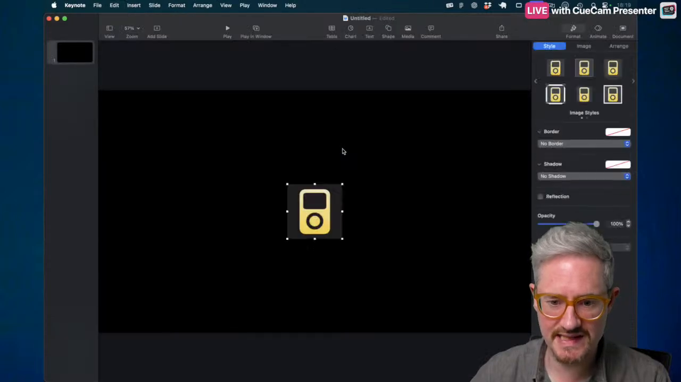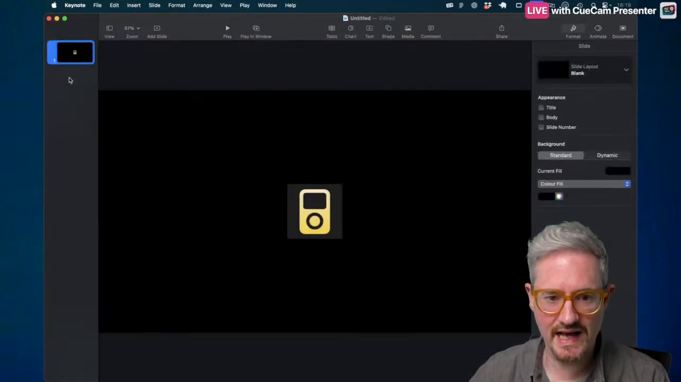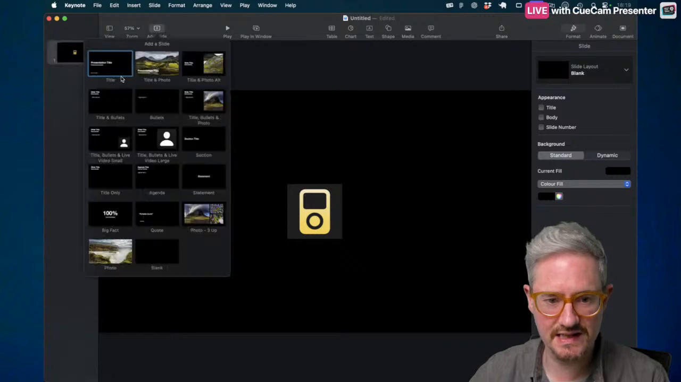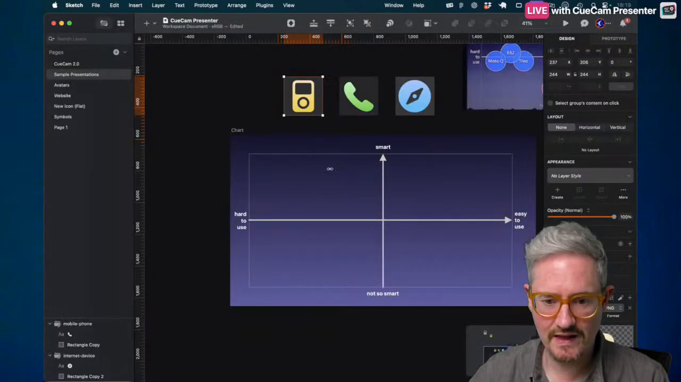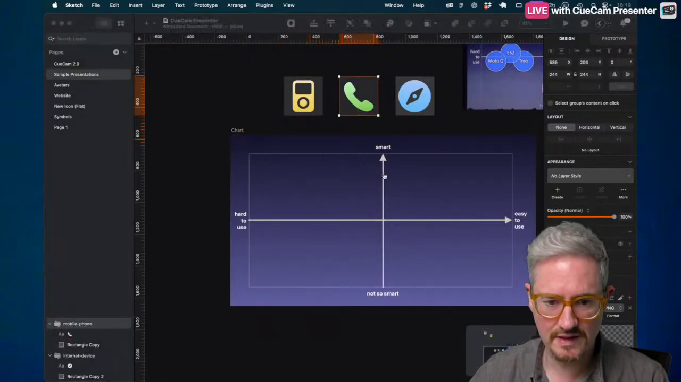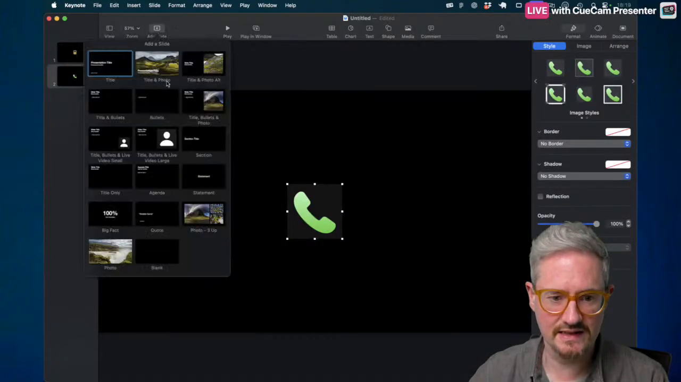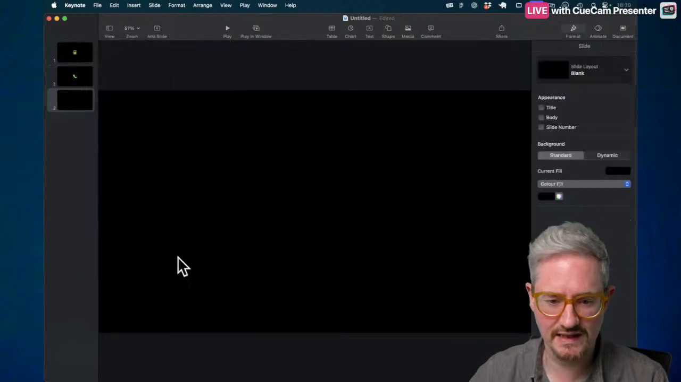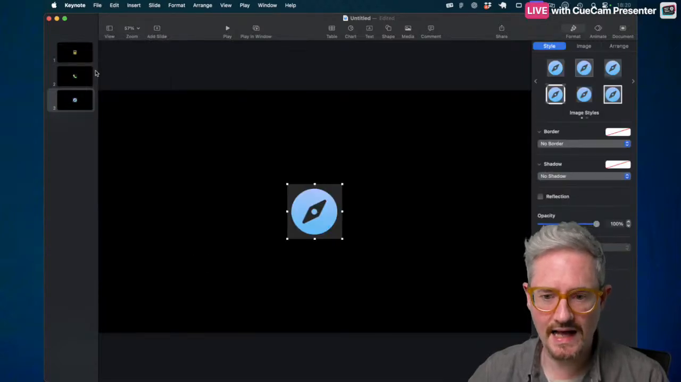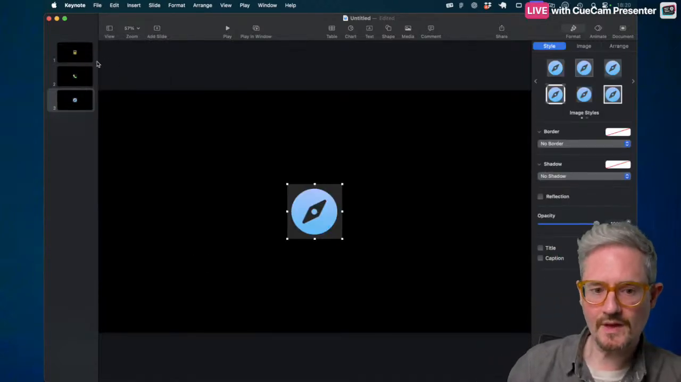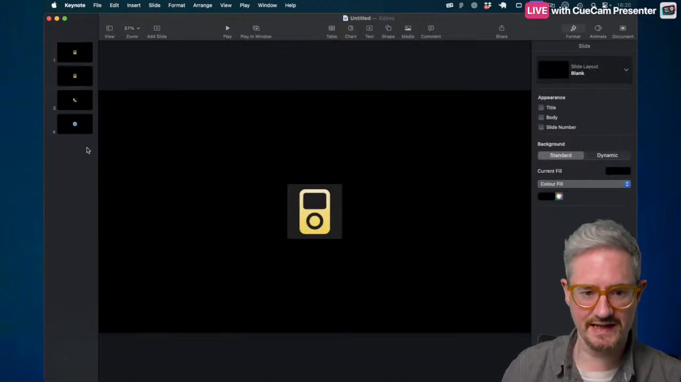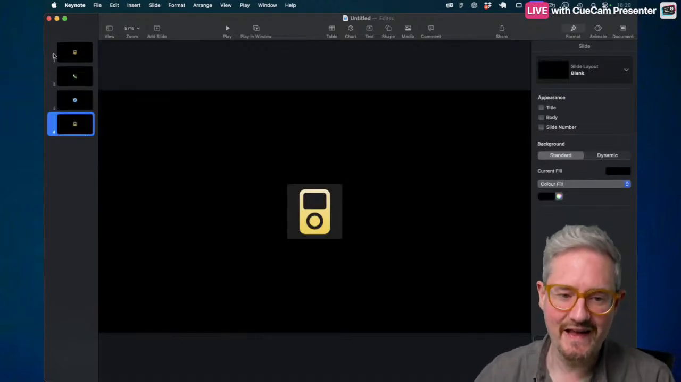copy that, paste that into Keynote, we can add another slide, blank, copy the phone, and paste that into Keynote, and then we can add another slide, copy that, add another thing in Keynote, blank, and paste it. And now I'm going to duplicate this last one and put it at the end, because what we can do